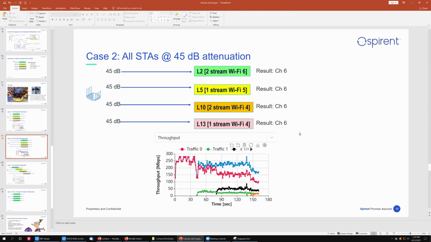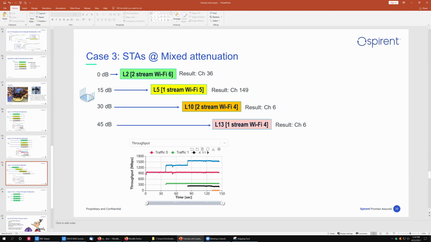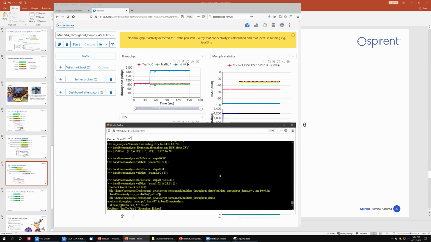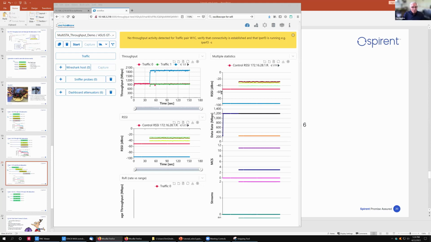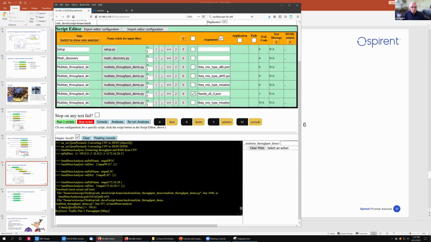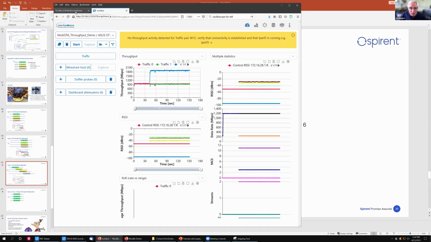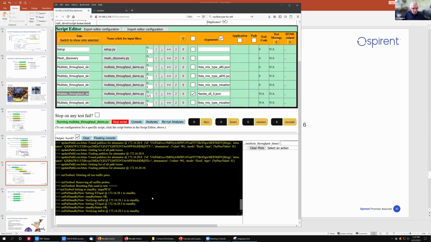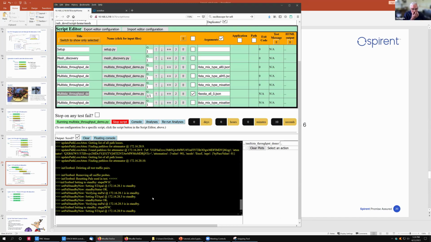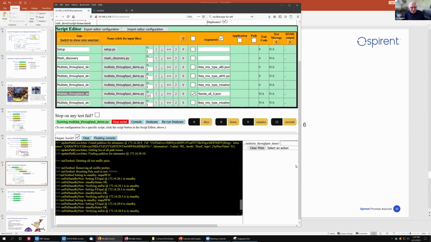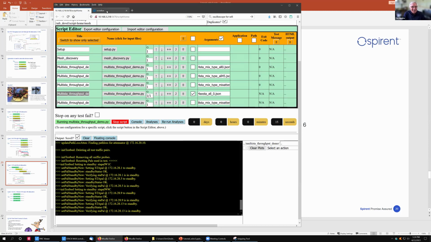Yes. And maybe your first test is an interesting one to look at, because there I think you had 3 on 36 and 1 on 149, even though they were all great RSSI. That one ran into a little bit of a problem. But so far in this test, I've had to restart the test. Looks like somebody got unhappy. Maybe the router's getting cranky because we keep changing things up on it so much.